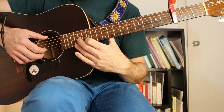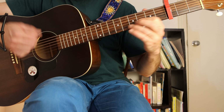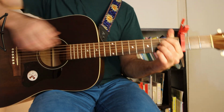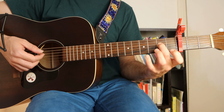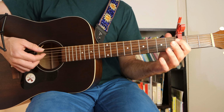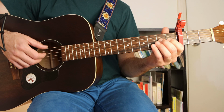So let's do it. Cool. And then the last part is very straightforward. You're going to go back into your E minor shape. You have down, 2, a hammer from the 2nd to the 4th fret on the 2nd string. And then you pluck the 6th and the 4th strings at the same time. Pluck the 4th string open, slap on the 4th beat, and then an open 6th string note. So 1,